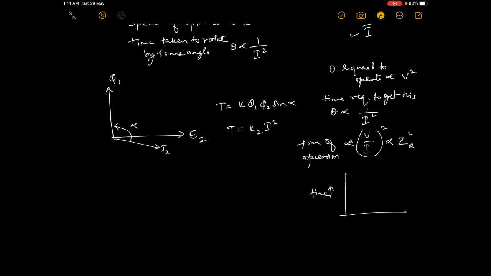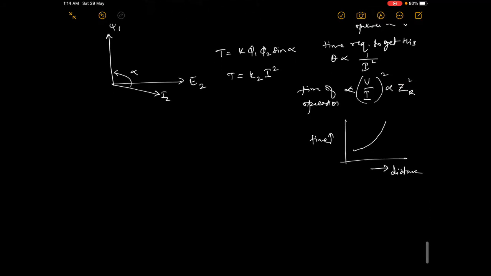So this is time and this is distance. Since it is square, we will get characteristics like this. This is what we actually need. This is ideal, but in general we get something characteristics like this. So this is ideal, and this is approximate, or actual. Why I am telling all this, we'll get to know shortly. These are the things which I am revising actually.